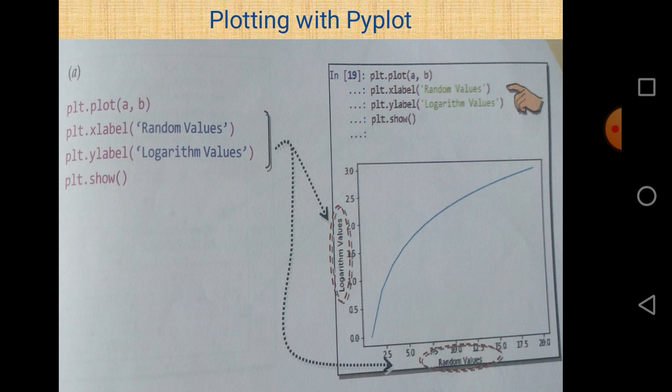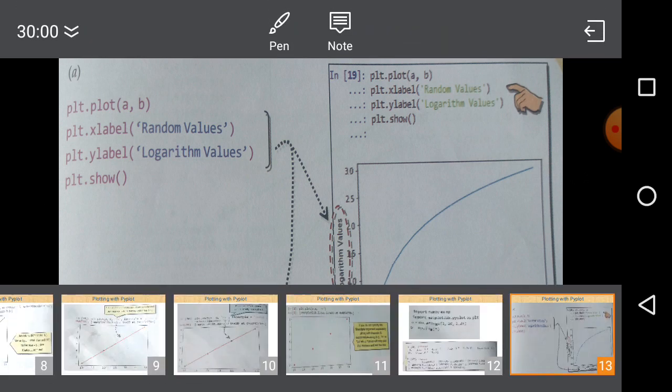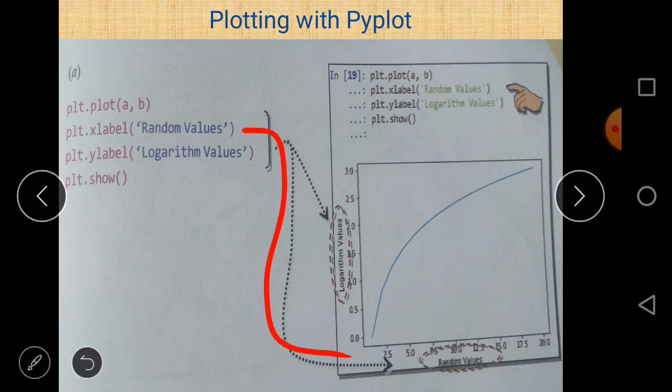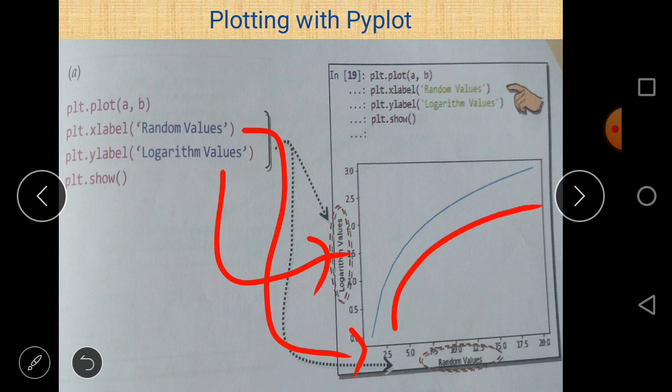So this name is given to the x-axis and this name to the y-axis, and this line represents the different values of a and b. You can take any other values of a and b, or you can use different functions. For example, you can use b equal to log a, or b equal to sin a, or b equal to cos a.